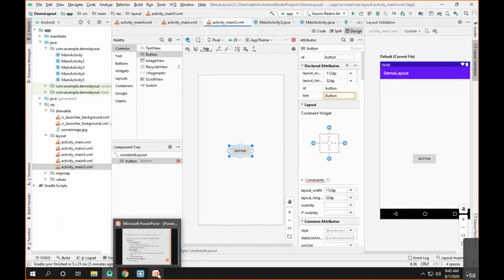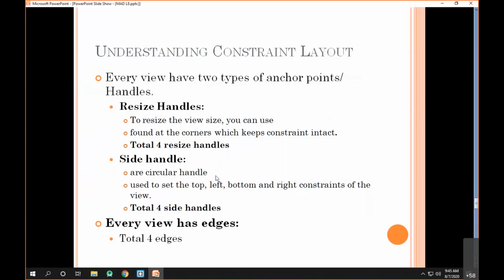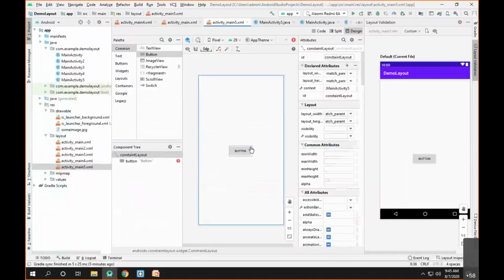Now what about the edges? So every view has 4 edges. As you can see here, this particular button will have 4 edges, out of which this is the top edge, left edge, bottom edge, and the right edge. Similarly, the parent will also have the 4 edges: top edge, left edge, bottom edge, and the right edge.